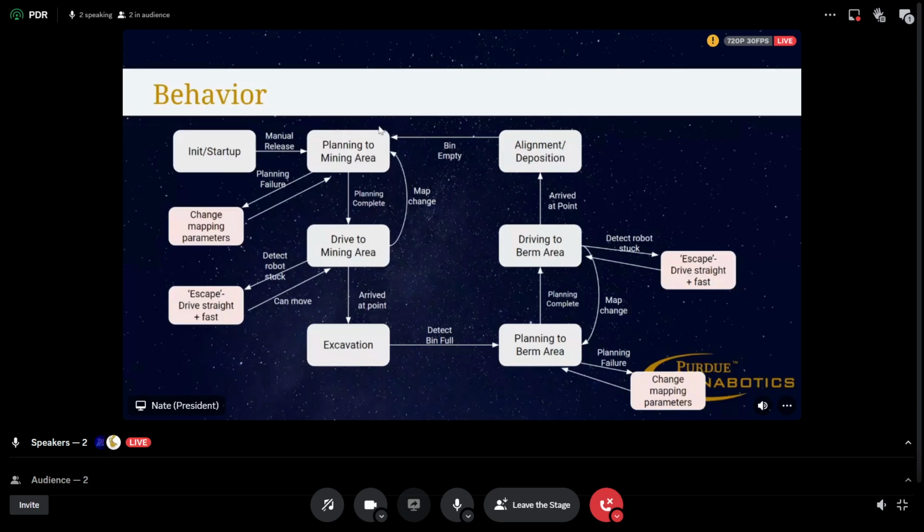I don't see that we need to know the exact orientation of the robot, if that makes sense. I don't see where that's necessary, because if the vertical is off by 20 centimeters forward,